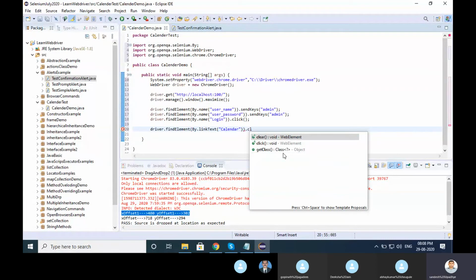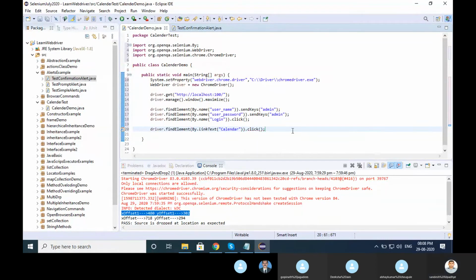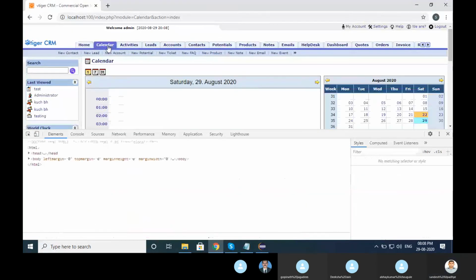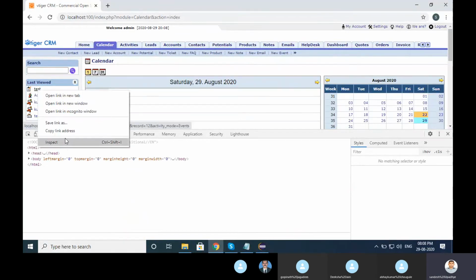Then I click on it, so the calendar will open. Then I want to click on the text.